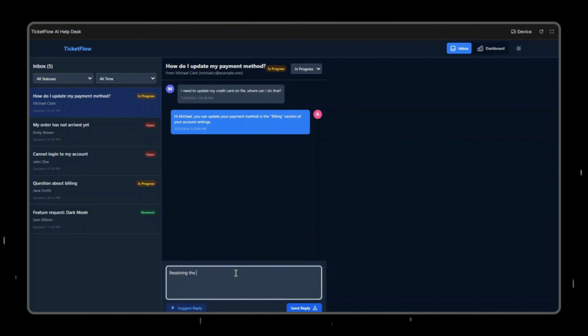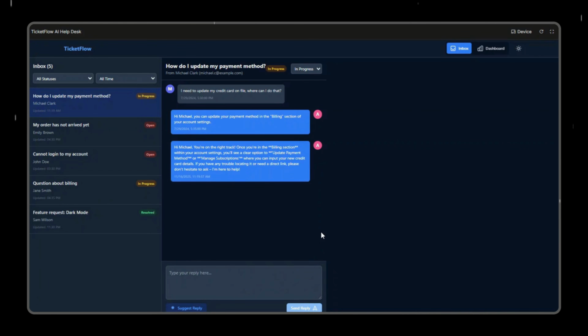We'll quickly walk through the basic functionality to see how everything works. For this demo, we're not fixing any errors or incomplete features. The goal is simply to review the core behavior of the app. Next, we're going to test the AI-generated canned reply to make sure it's working correctly. It generates the response, and once we click the Send Reply button, the message is added to the conversation history